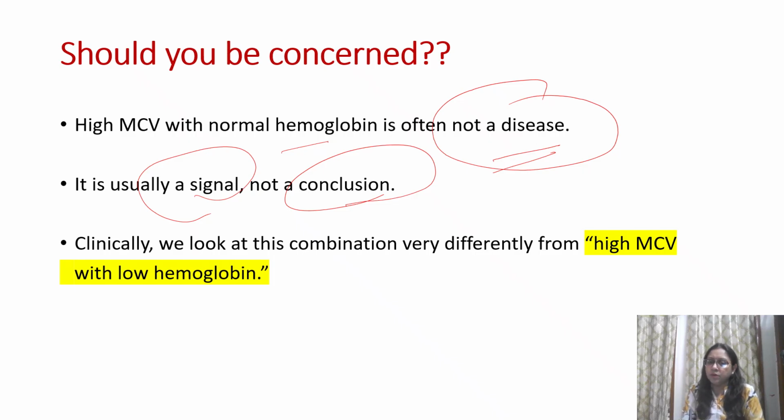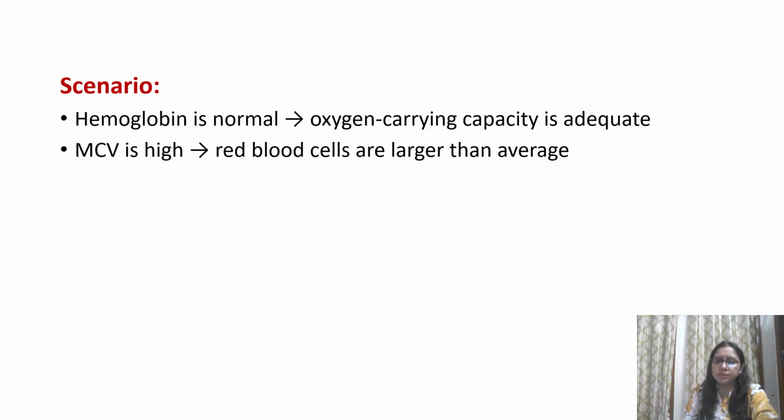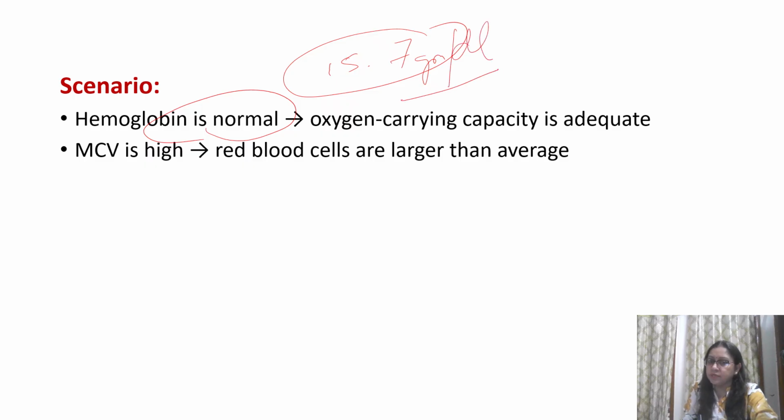Clinically, from the doctor's point of view, when we see a high MCV in the CBC report, we generally get low hemoglobin. That is the clinical scenario we come across while seeing patients. Here, hemoglobin was normal. This patient's hemoglobin was 15.7 gram per deciliter. I always tell my students, without units a number is meaningless. So the hemoglobin is 15.7 gram per deciliter in this patient with a high MCV of around 127 femtoliter.